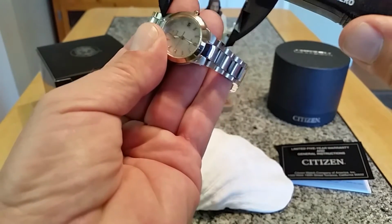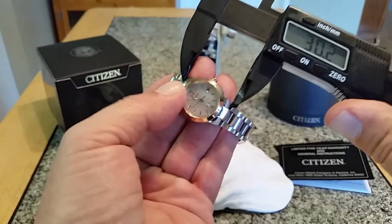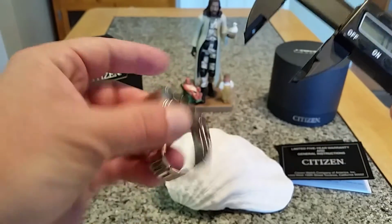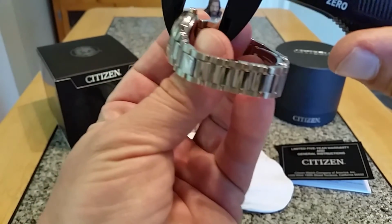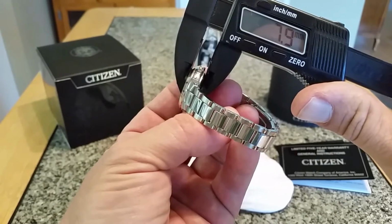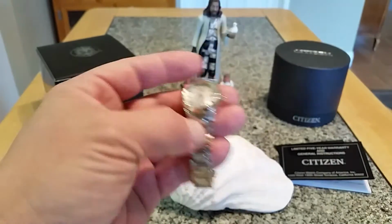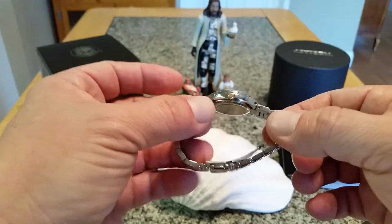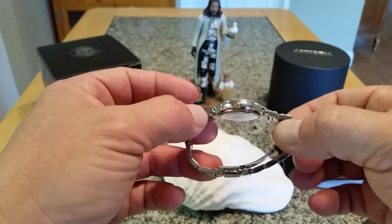And then north to south on the lugs, you're looking at about 30.2 millimeters. So nice, petite watch, great ladies watch. And then the thickness of this watch is only 7.9 millimeters thick. So extremely comfortable to wear, extremely light. But at the same time, like I said, it does have that sporting, I guess, capabilities, being that it's